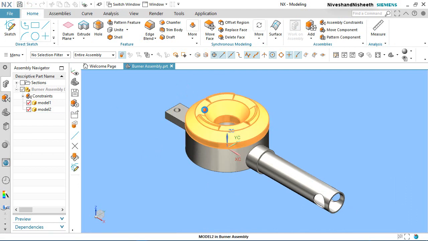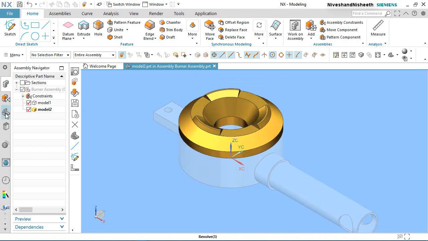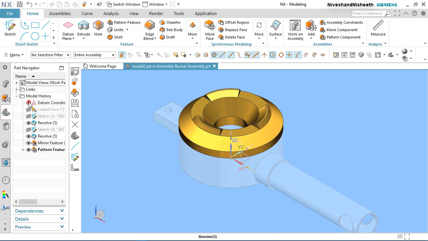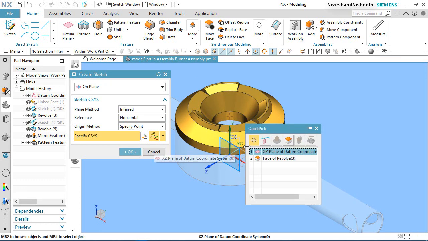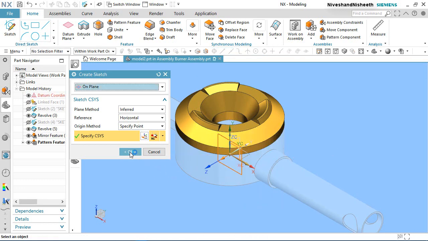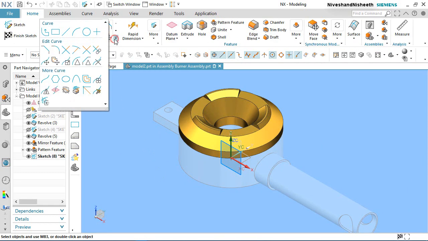Double click the model 2 part file. Go to the part navigator button. Click new sketch. Select the XZ plane to create the new sketch. Activate the intersection curve command.